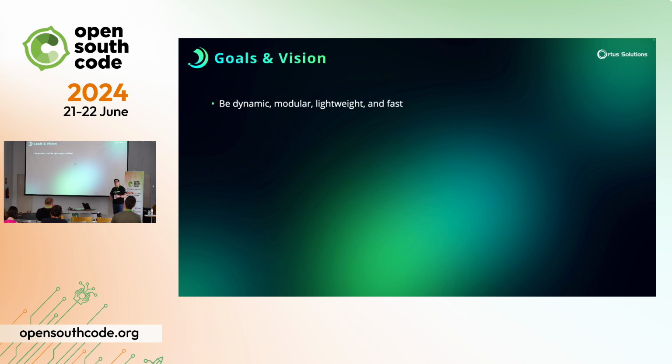We wanted it to be dynamic, of course. We love dynamic languages. Modular, we create a lot of modular hierarchical frameworks, so we had that experience. We wanted to bring it forward. We needed it to be lightweight and fast. The current implementations, for example, of Adobe Cold Fusion or the open source versions are over 600 megabytes. They're huge, and they can get all the way up to a gigabyte for the language itself.